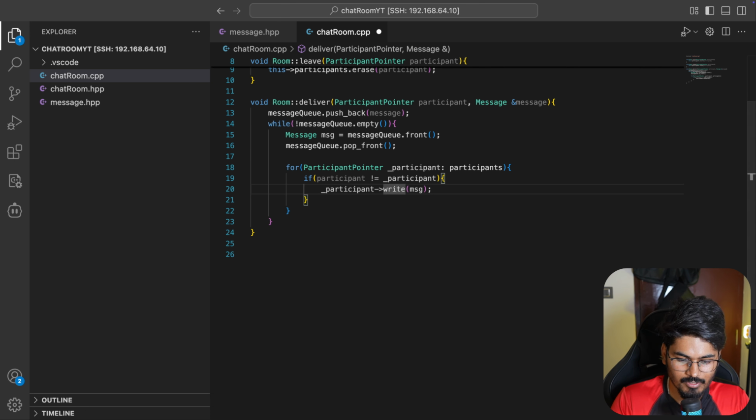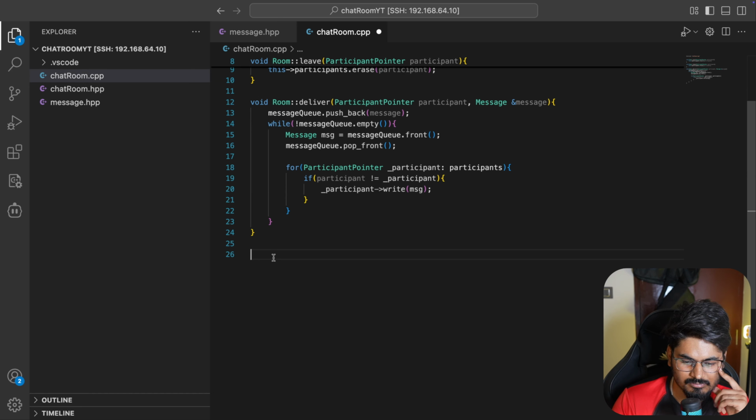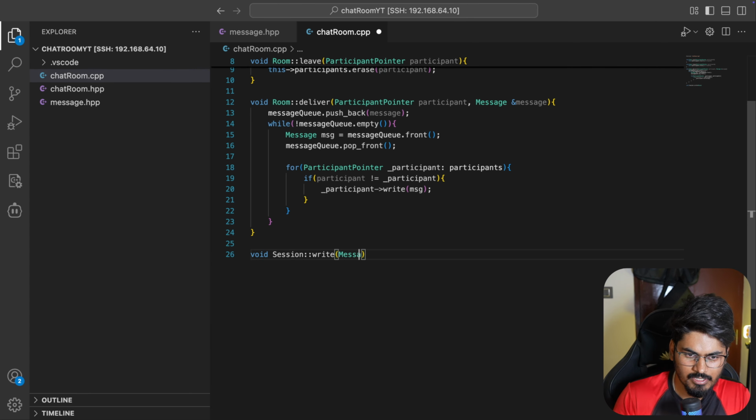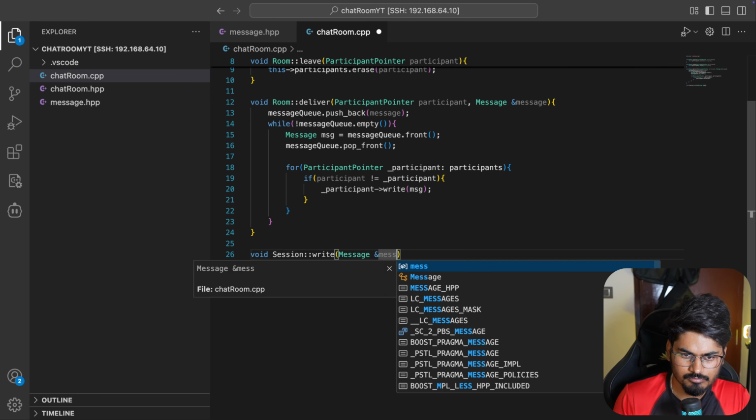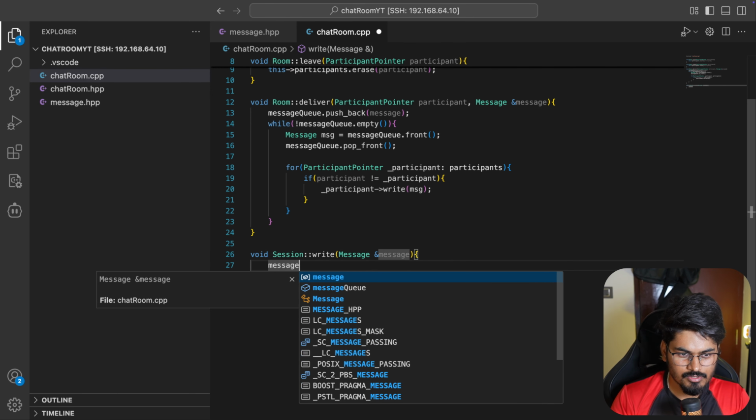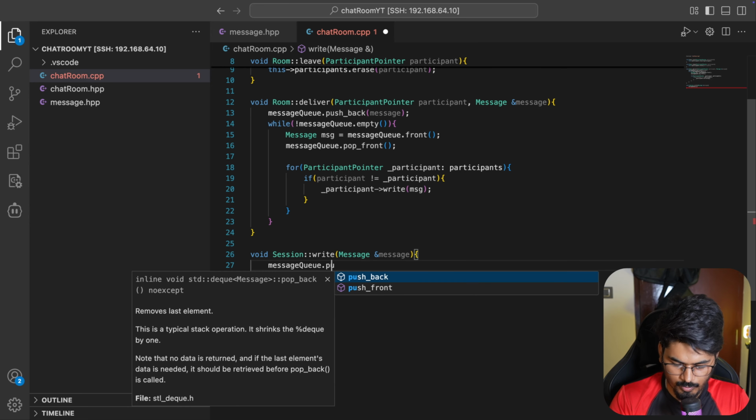Okay, so write we have to. I think for participant write I have to use async write, right? Cool. Okay, so void session write, it will get message, right? And message queue dot